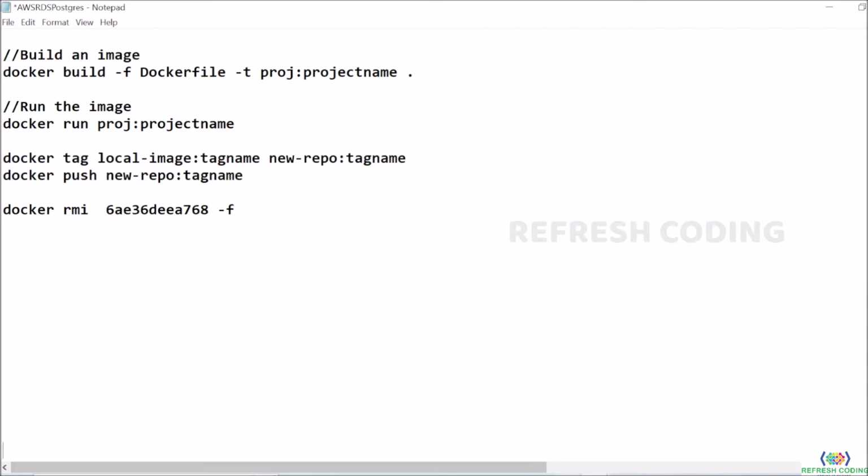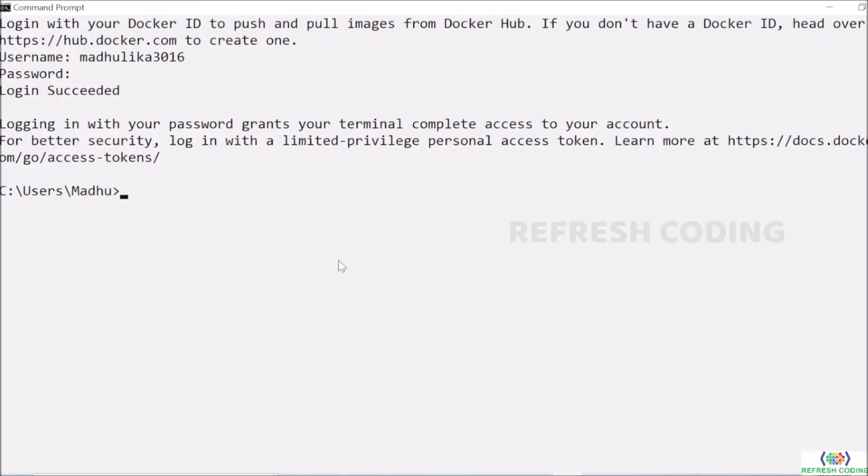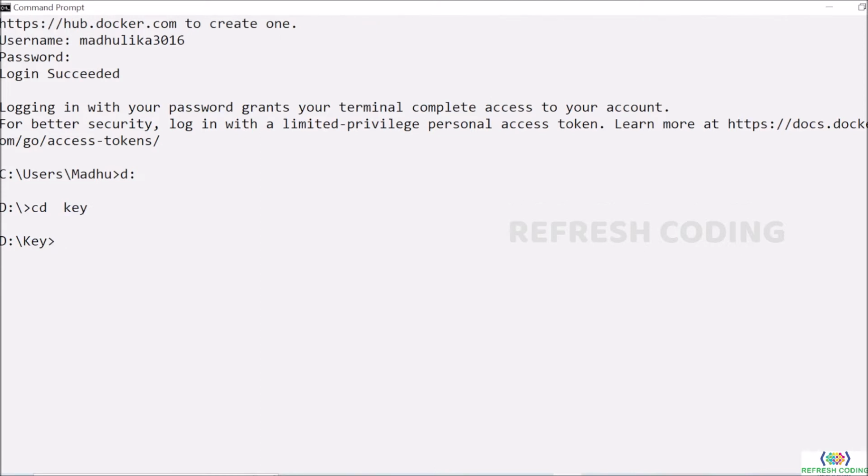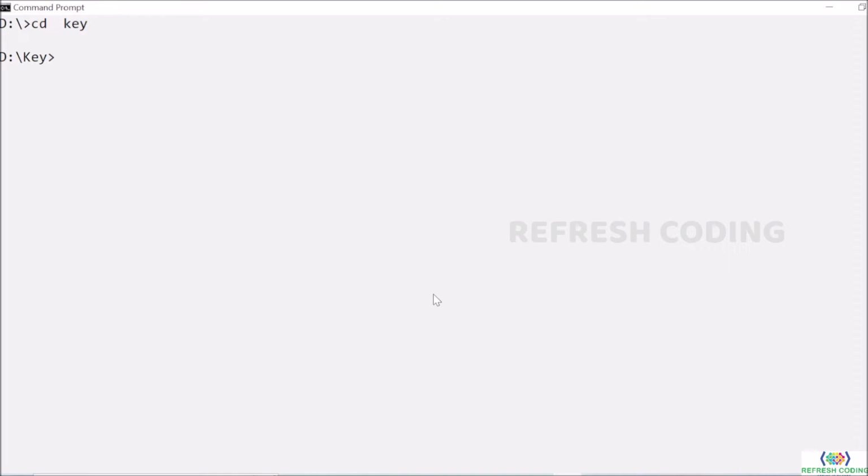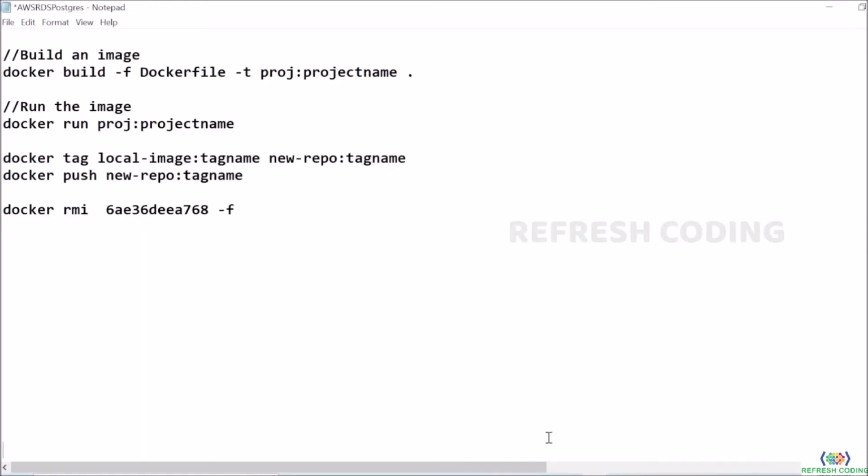So suppose I want to build the image. So what is the command which I will be typing? So first thing, what is the first requirement? You must go to the folder where you have kept your Docker file and your jar file. So it is in D drive key folder. So I will reach till this path. After that I will give the command docker build and then -f means it is forced to build, and then Docker file. Make sure you're not making any mistake in Docker file. So Docker file. After that you will give your image name. Okay, so you can give any image name.